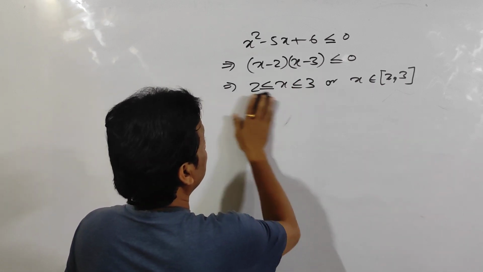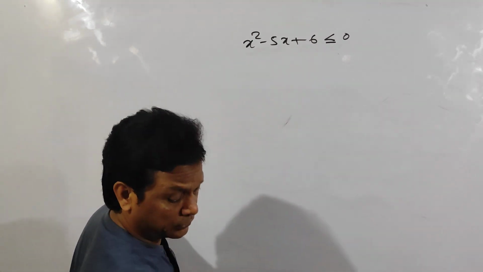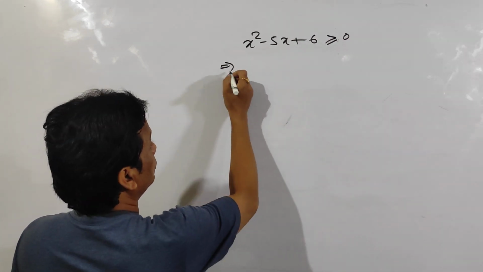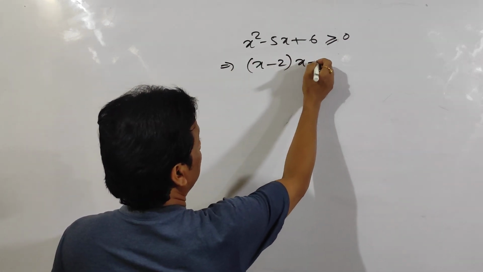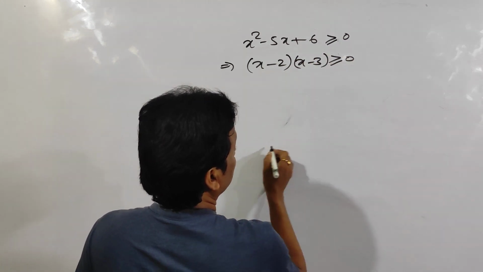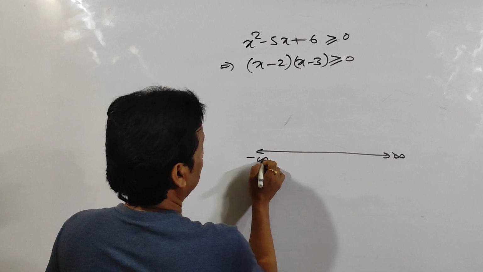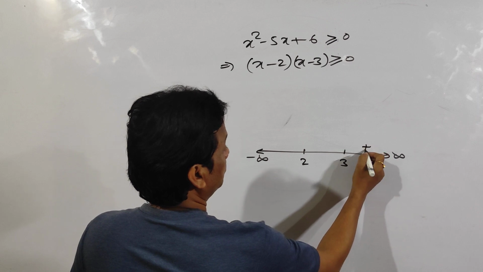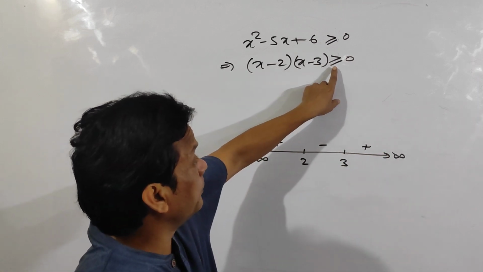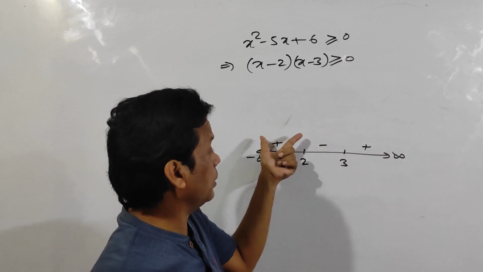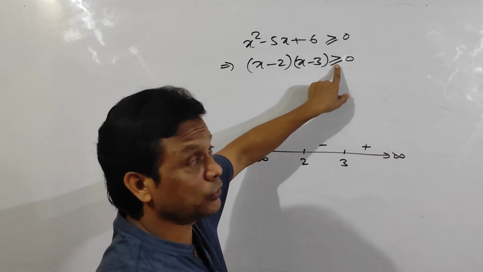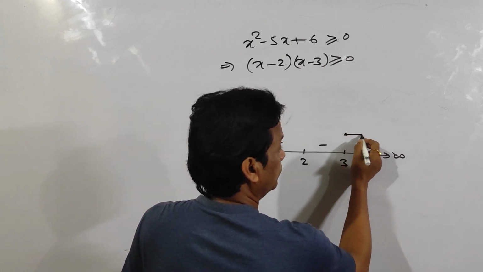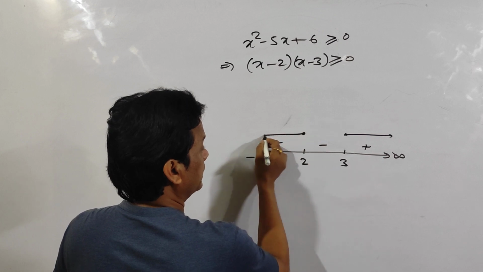Another thing. The fourth case, I have already told you 3 cases, and this is greater than or equal to 0. Clear? So I can write (x minus 2)(x minus 3) is greater than or equal to 0. So draw the number line. And 2, 3, and the sign of x square is positive, so positive, negative, positive, and your requirement is positive in this interval or in this interval. Okay, and again equal to 0. Equal to 0 means x is equal to 2 and x is equal to 3. So 3 and 2 are included. So 3 is included and you should move towards the right, and 2 is included, you should move towards the left.